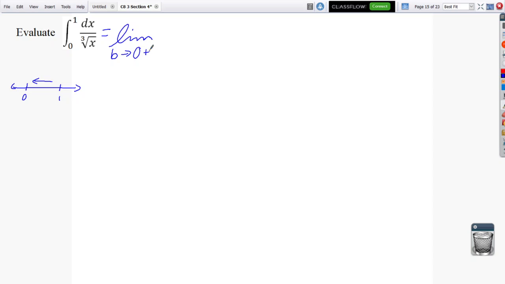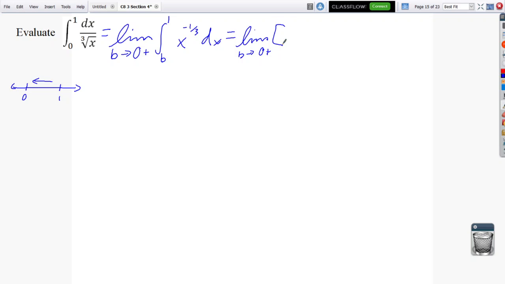So this is going to be the limit as b approaches 0 from the right of the integral from b to 1 of... Since I have an x in the denominator and the exponent is not 1, I need to rewrite this as x to the -1/3 dx. Again, that's because n is not equal to -1. Since n is not equal to -1, we use the power rule. So our integral is going to become